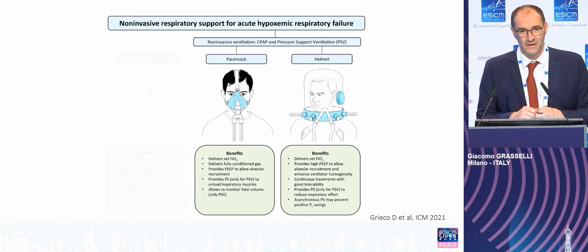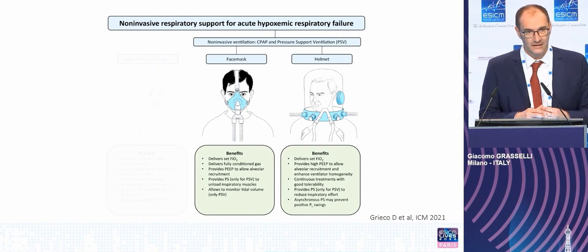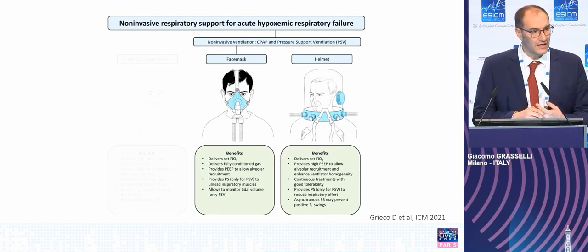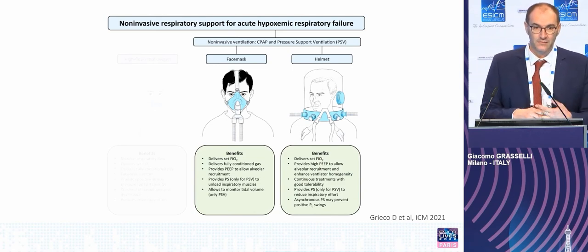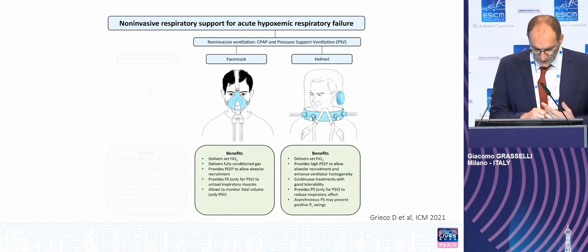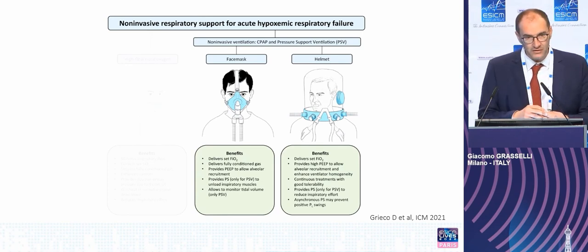Both interfaces have benefits, and you can see them here. Both deliver a preset and granted level of FiO2. They both grant relatively high levels of PEEP, especially the helmet. They can both provide pressure support. And if you look on the right-hand side at the bottom, there is one sentence,